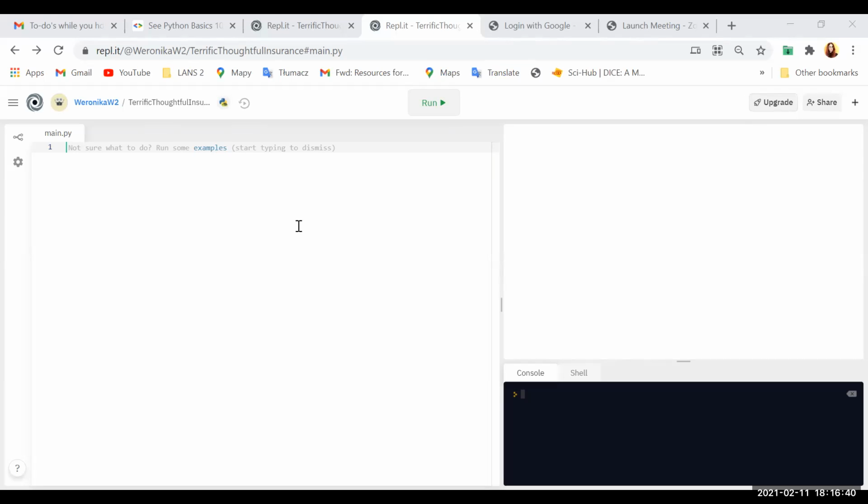Just a quick note, I've put the link in the chat, and if you don't get the pop-up to make a new Replit, you can just go to the top left and there's a button for it. Just select Python and name it whatever you want, you'll be fine. If you have issues, just put it in chat and we'll have some helpers for you.